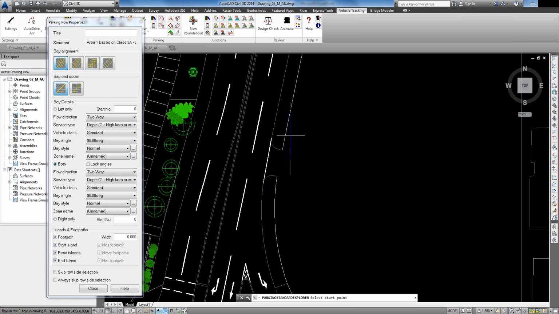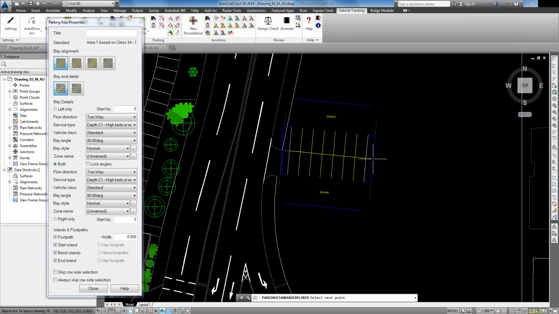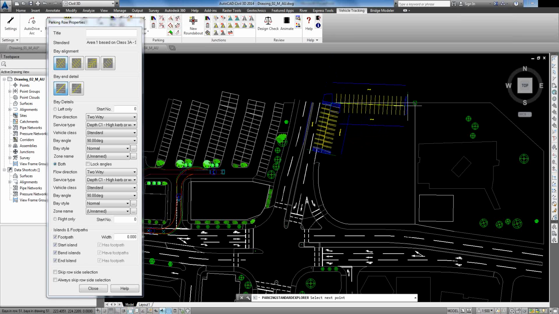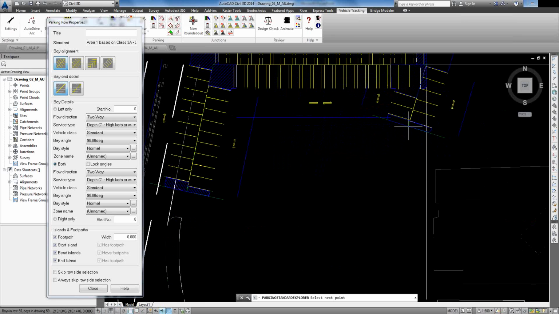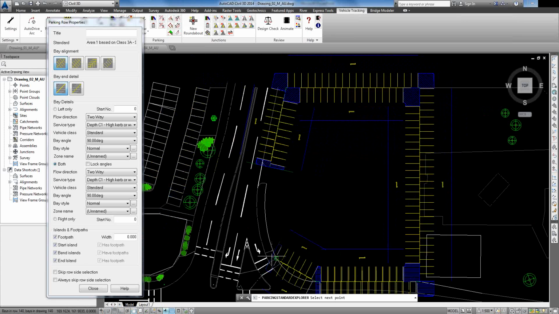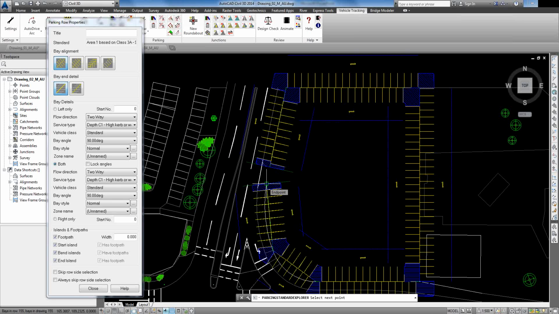Now that I've run the tool, you can see that my cursor has changed. So I'll just turn my snaps on. I click my first point, and as I start drawing, the graphic reflects what's actually been entered into the panel. So as I go through, zoom in a bit more, I draw my car park, clicking all the way around. Once I've finished